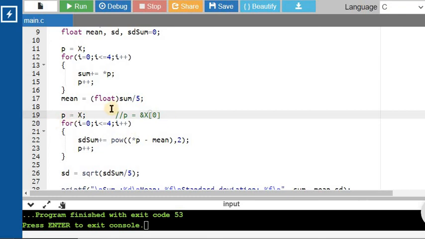Once we have this pointer pointing to a particular element in the array, we can access the value at that particular point in the array using the dereferencing operator star p. So star p is used to get the value of the element whatever p is pointing to. In this way, we are going to access the various elements of the array, and we have found out the values of sum, mean and standard deviation of the elements of the array.